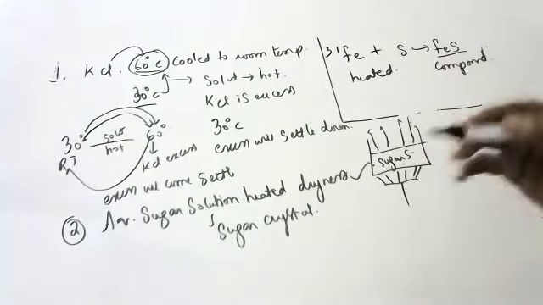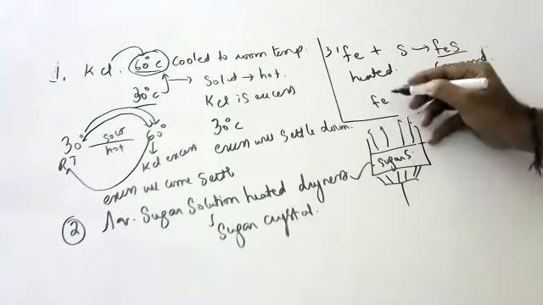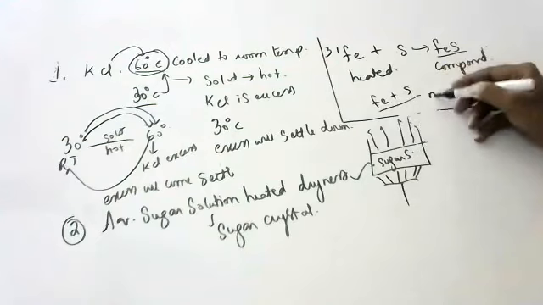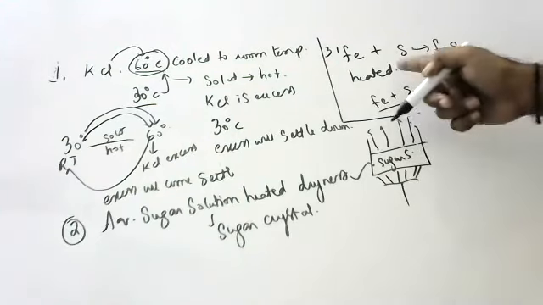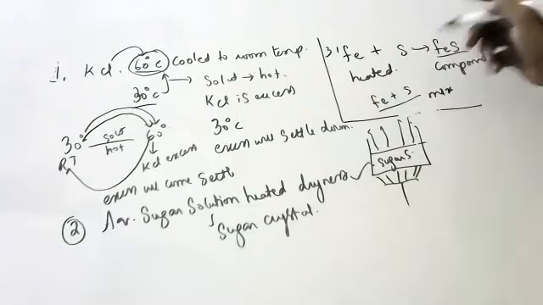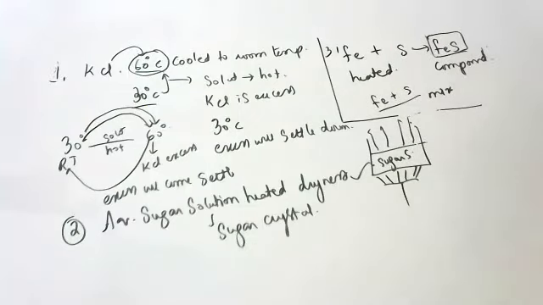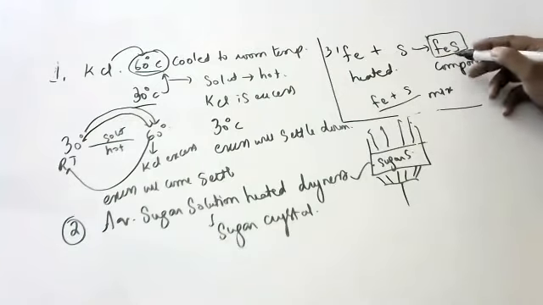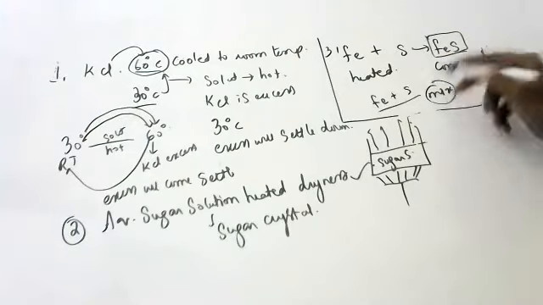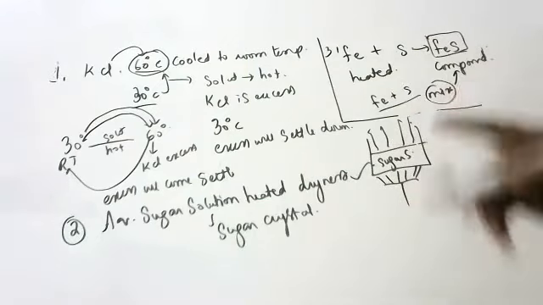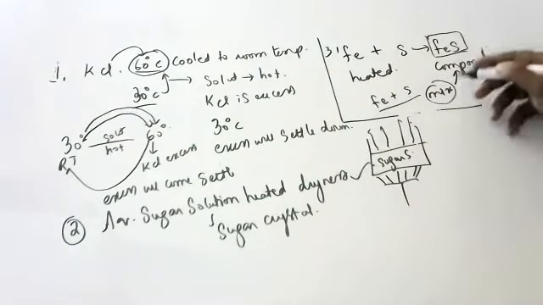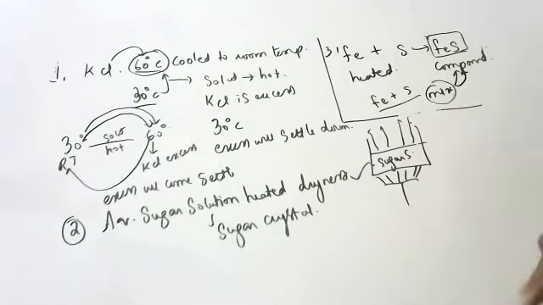Okay, children, try to understand. Normally, if you put iron and sulfur and mix them, it is a mixture. They won't react. But on heating, iron plus sulfur combines to form iron sulfide. You will get a compound. If you don't heat, it is a mixture. If you heat it, it will become a compound. A compound will have different properties than a mixture, no, children? I hope you all understood.